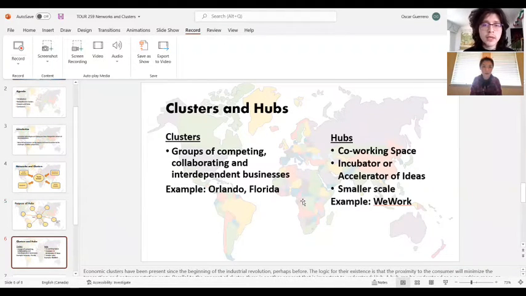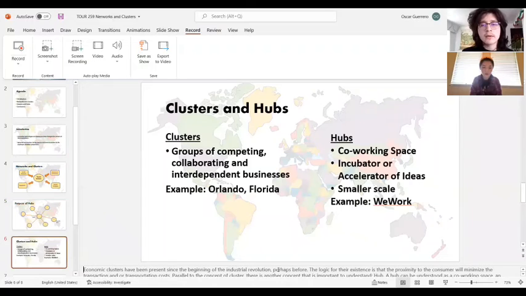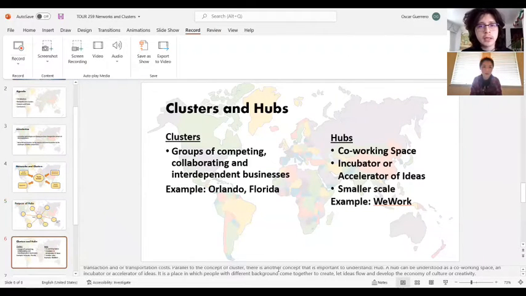If we had to put an example of that in the service industry, we can look at Orlando in Florida. As probably most of us know, that city is famous because of its theme parks. So the first theme park was built back in the 70s by Walt Disney, the Magic Kingdom, and then after that, a number of parks have been popping up around it, creating a cluster in which the economy keeps growing, just by attracting more customers and therefore more investors, more hotels, and the economy thrives.